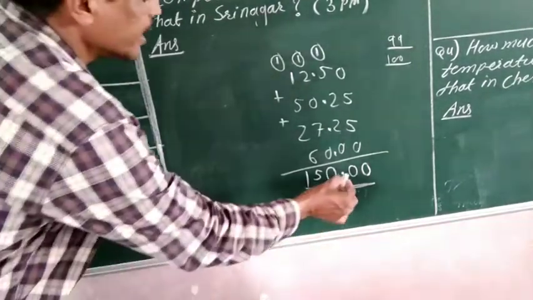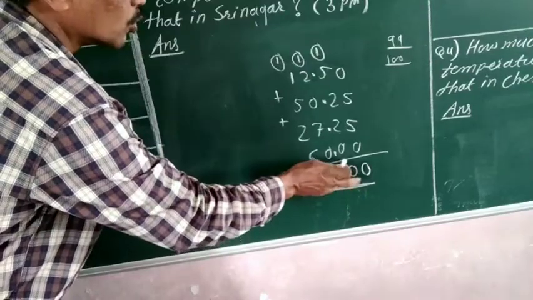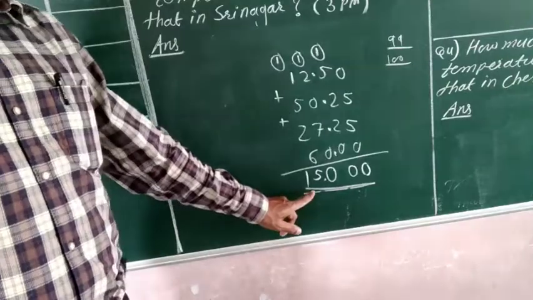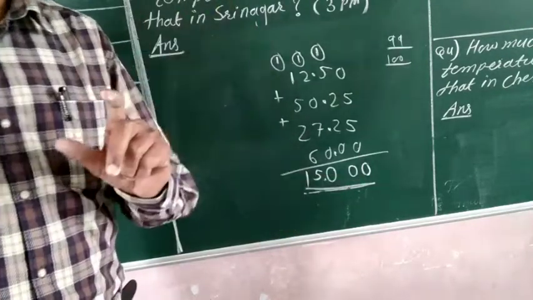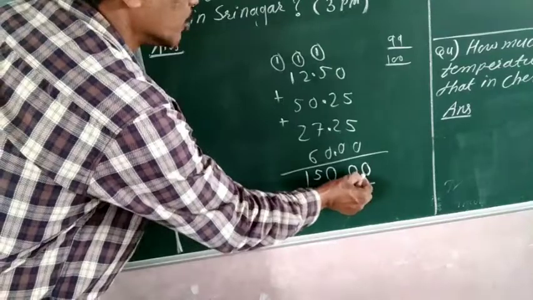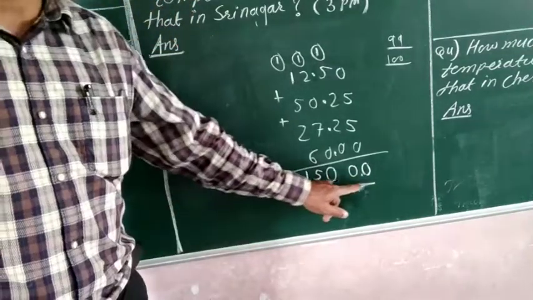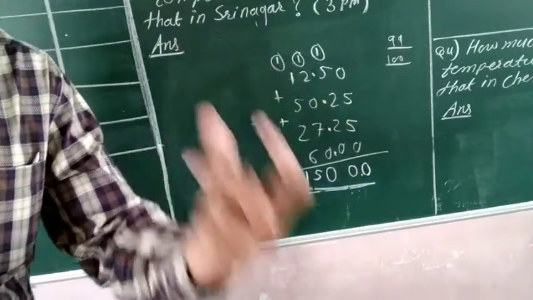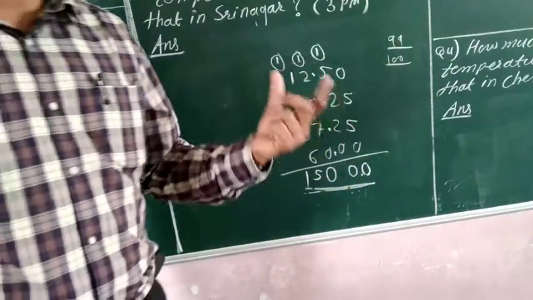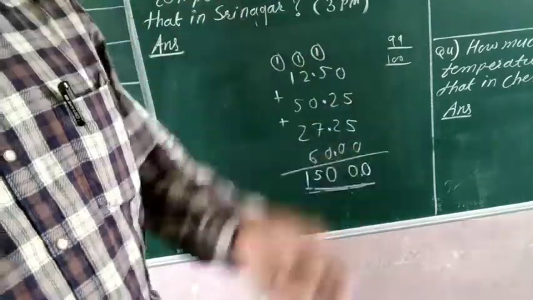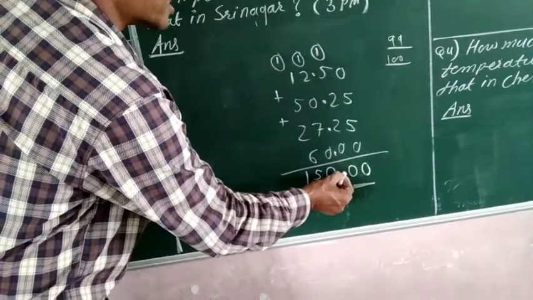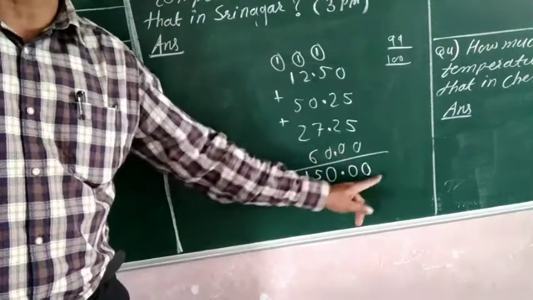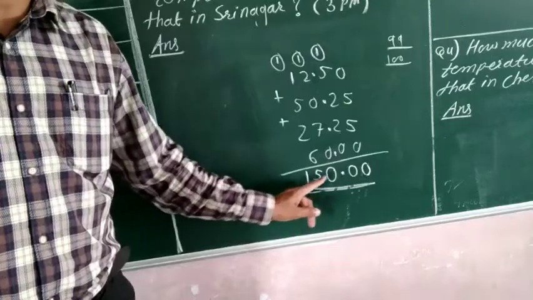But dear student, the decimal point must be in the correct place. If you put the decimal point elsewhere, it will be wrong and the value will change. It will be only rupees 15.000, or if you put it elsewhere, it will be rupees 1500.00. The number is the same, but because of the place of the decimal point, the value changes. So it is important to put the decimal point at the correct place, after 2 digits from the one's place toward the left, so it is 150.